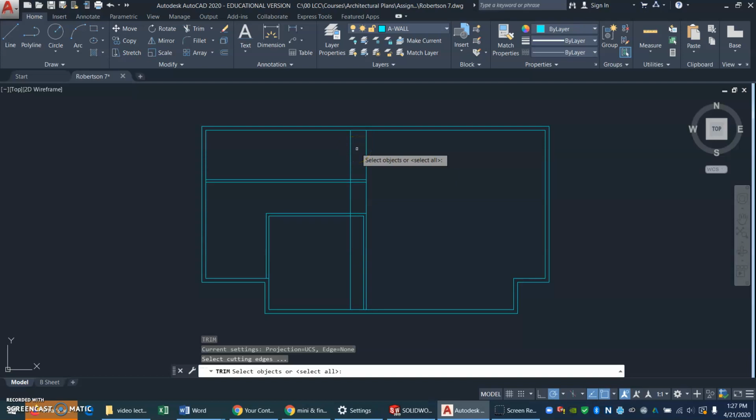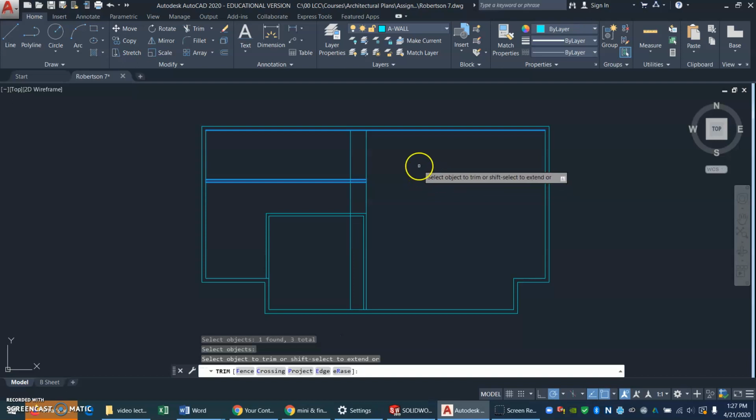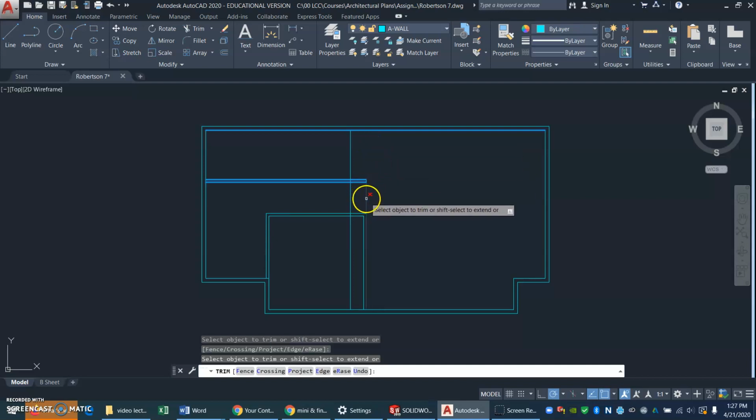What I do want is I want this edge to be a cutter, and I want this edge to be a cutter, and I want, let me see, yeah, that's probably good. And I want this edge to be a cutter. Okay, enter. So I will now trim